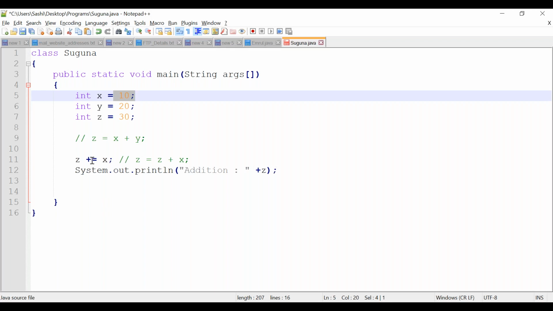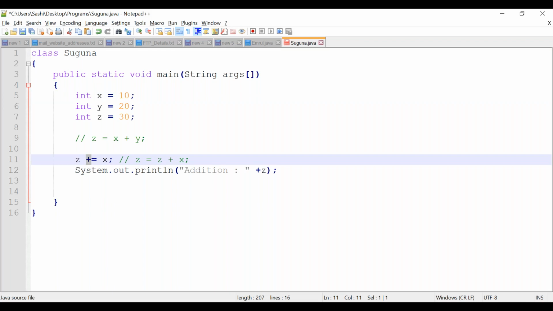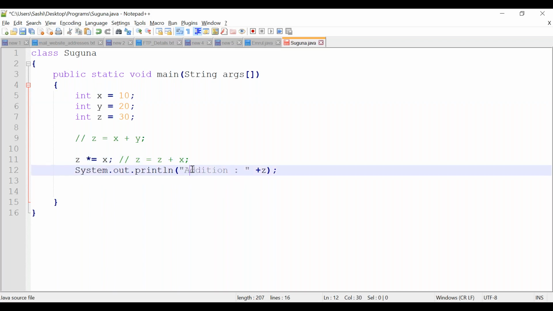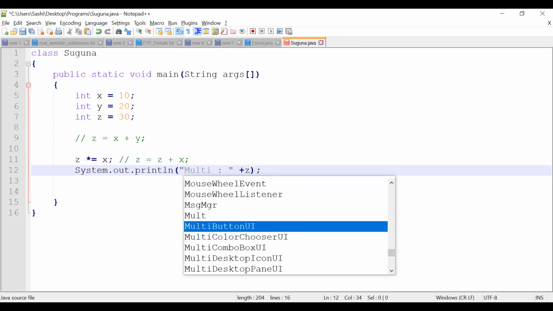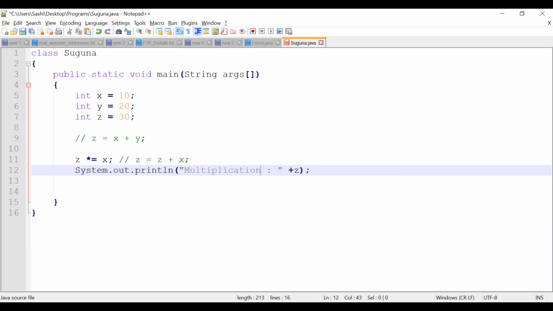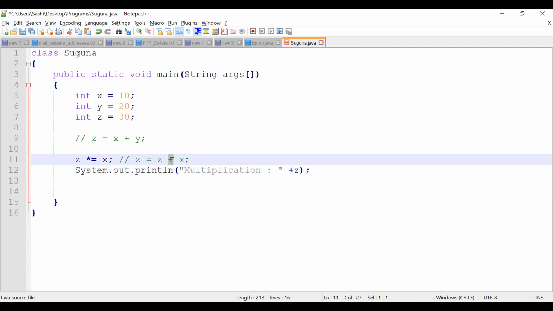In the same way, you can go with any type. Suppose I mention star equal to, what does it mean? It is the multiplication operator, right? So z star equal to x means z equal to z into x. So z into x means 30 into 10, 300, right?